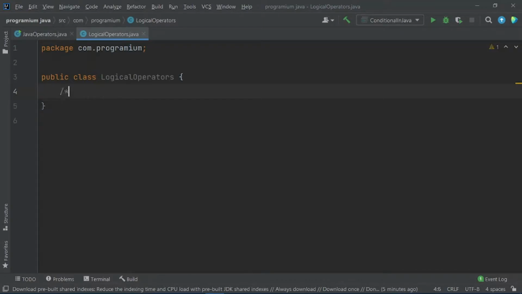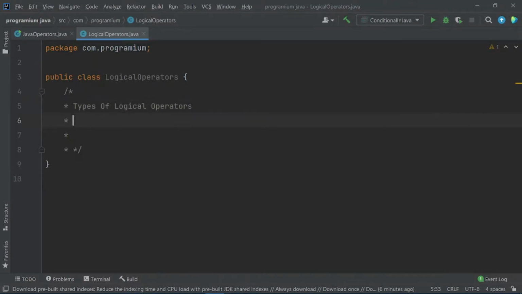So let me just put a multi-line comment here. First, let me write here types of logical operators. Okay. So as I said, there are three types. One is known as logical AND and denoted by this ampersand sign.